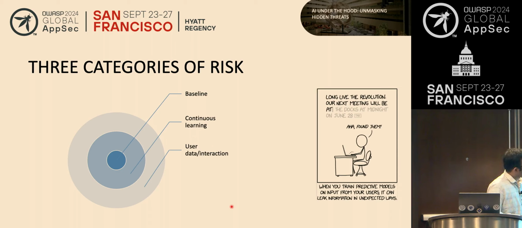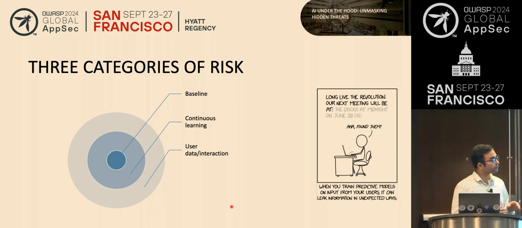We grouped the questions into 3 categories. The first one is the baseline. This baseline category applies to any AI/ML system. If you want to use guardrail, you at least need to answer this baseline set of questions. Then, if the application is continuous learning, that is, if it has online features which update the model incrementally, it comes under continuous learning. So apart from answering the baseline questions, you also answer the continuous learning questions.